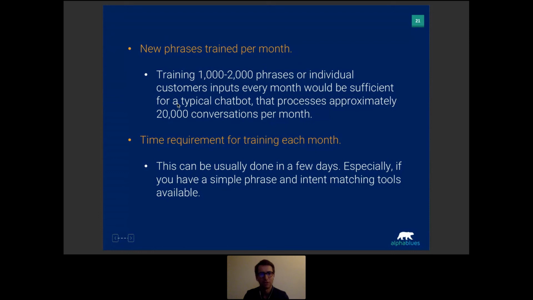So putting 4,000 phrases each month into the bot is actually not that good, versus putting in 1,000 phrases that are good quality ones. You think about where they go, you edit out maybe some personal data, you put them into relevant places, and you make sure that your intents don't have too many phrases, but relevant phrases. So it's more about quality than quantity in the case of training a bot.